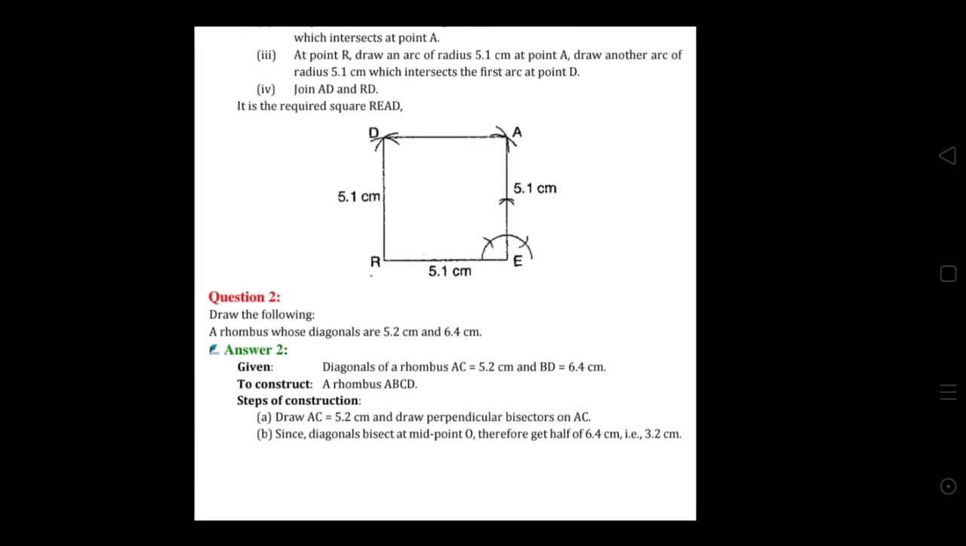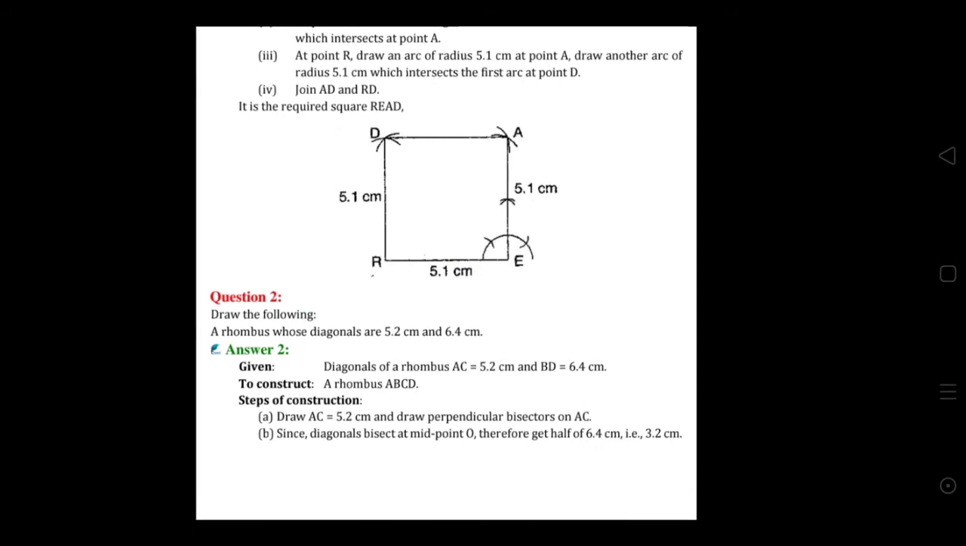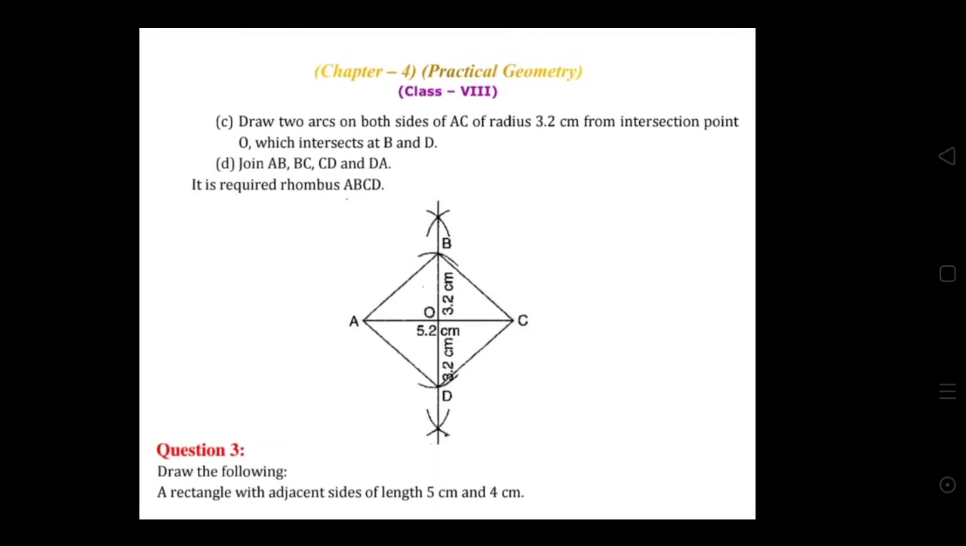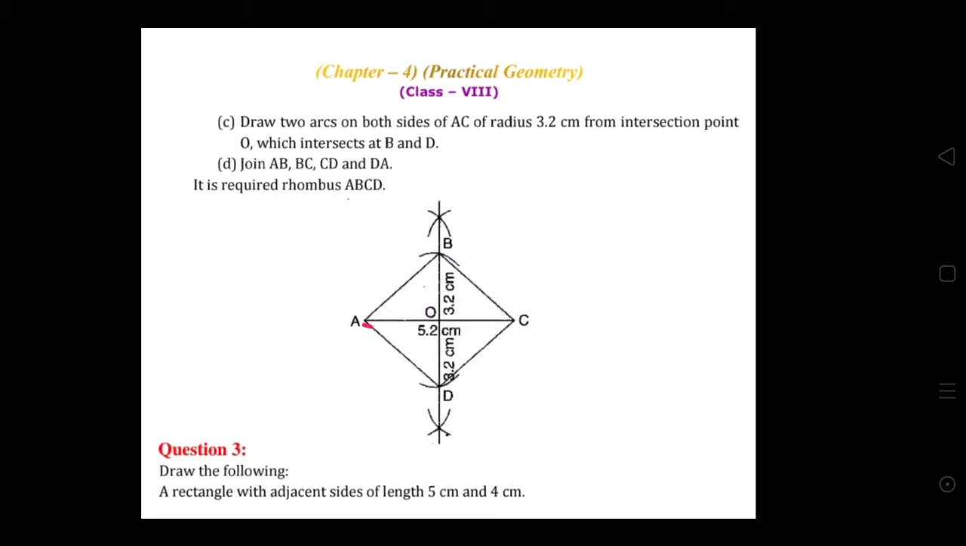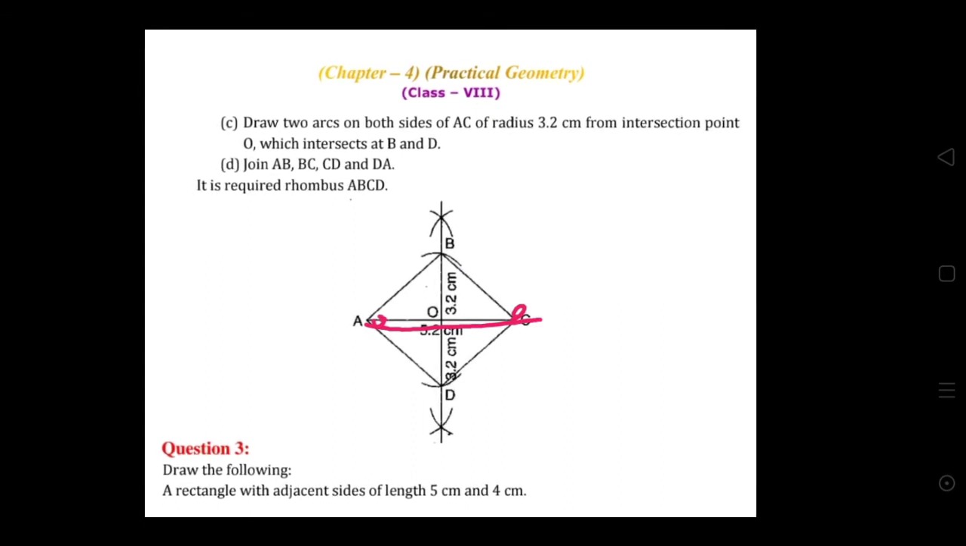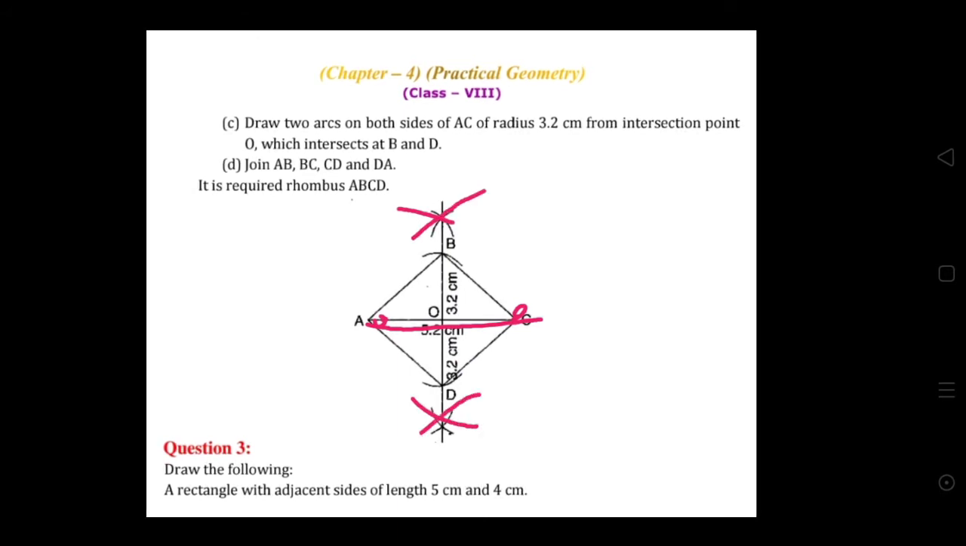So first we draw diagonal AC, 5.2 centimeter, and afterward its perpendicular bisector. Now see, first here we draw diagonal AC 5.2 centimeter, and afterward, taking point A as a center and then point C as a center, draw the perpendicular bisector of AC, and it's a bisector line segment. If we join, it becomes